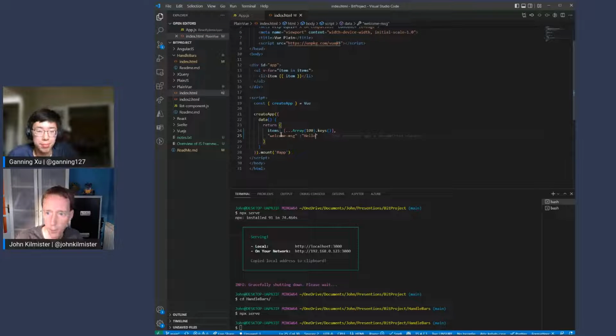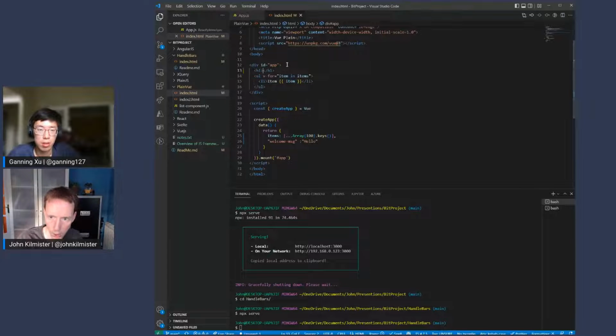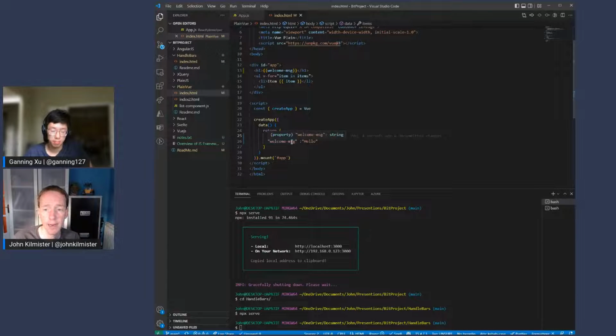So just like before, we could do that. And then in here, we could have our H1, and we could go, here we go, welcome message. Right. So as you can see, everything in here. But the difference between this and handlebars is if I go and update this array, so for example, say I had another bit of code that decided to sort that array, it would instantly update